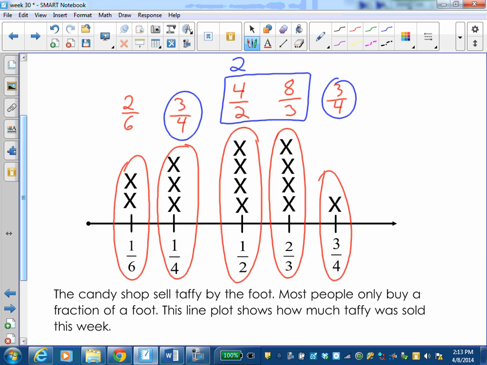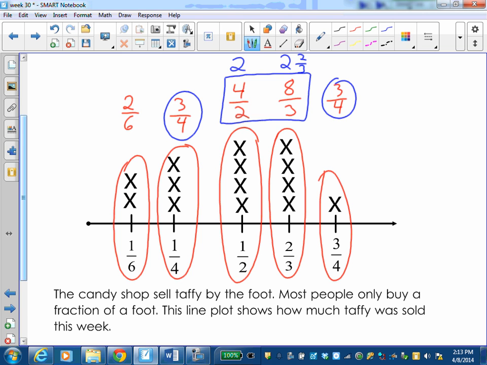But the 8/3, 3 goes into 8 twice, and that leaves me with 2/3 left over. So I actually sold, the taffy shop or the candy shop sold more in the 2/3 of a foot than in the 1/2 foot strips. So when I look at this,